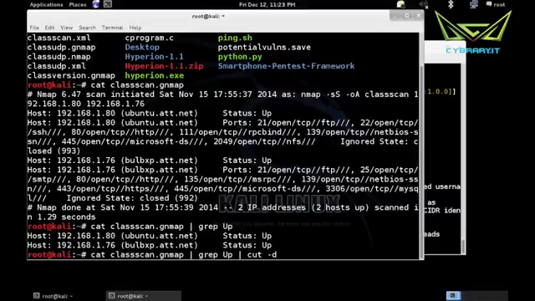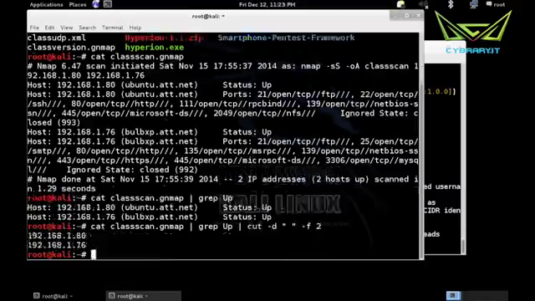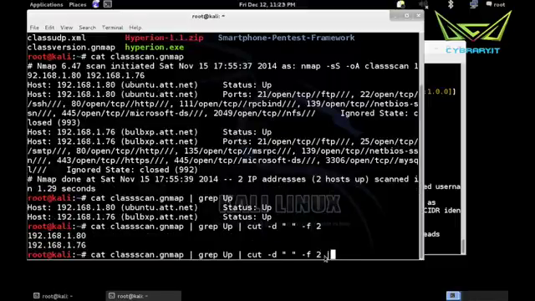There are other ways of doing this. Like I know people who use awk to do this, or even sed. I like cut. It's easy for me to remember the syntax for it. So I'm going to make the delimiter a space, and I'm going to tell it I want field. I want just the IP address, so I want field 2. That gets me just our IP addresses,